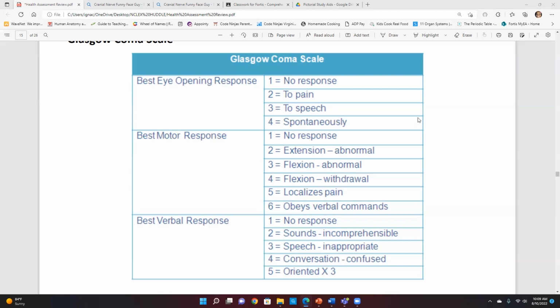Now, the verbal response, 1 is no response. And if they're oriented times 3, then they get the full 5 points. Okay, so when we think about